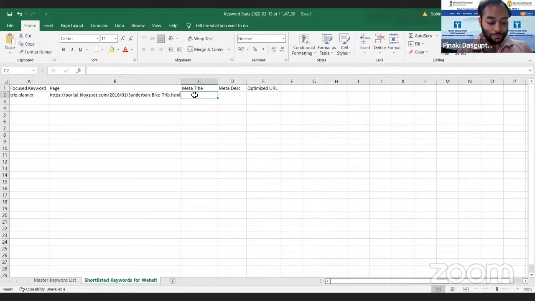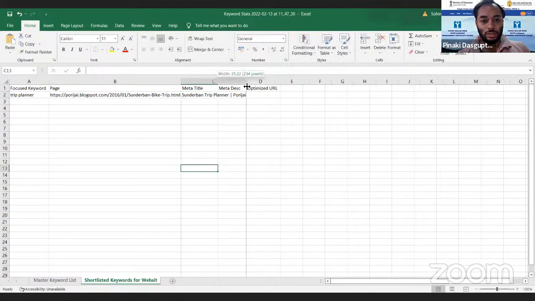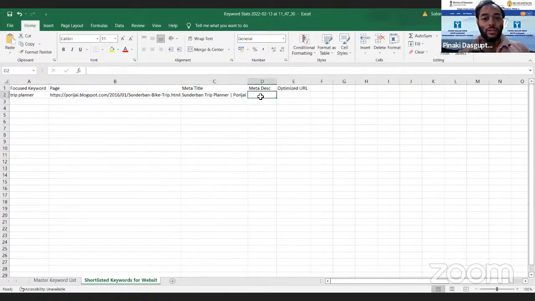Now meta title. This blog is all about Sundarban trip. So I'm writing the meta title Sundarban trip planner, and the name of the blog is Porijai. So this is how I'm writing the meta title.